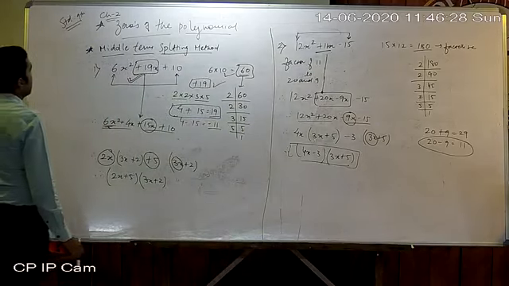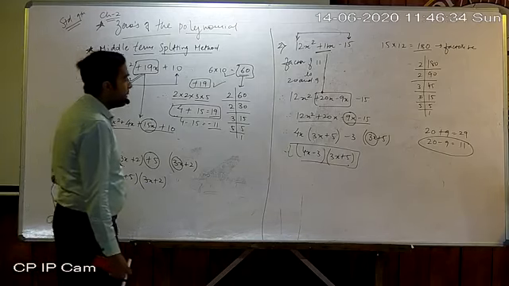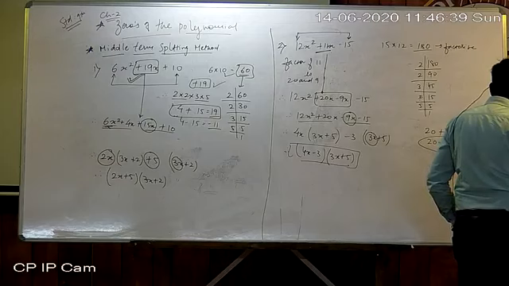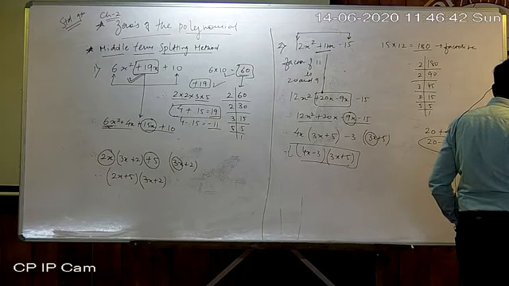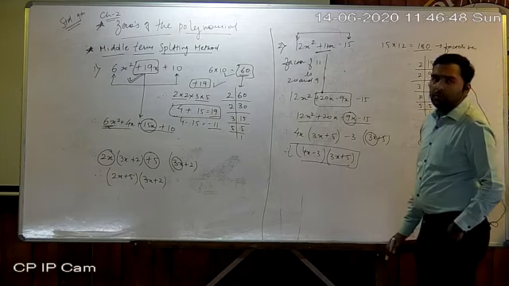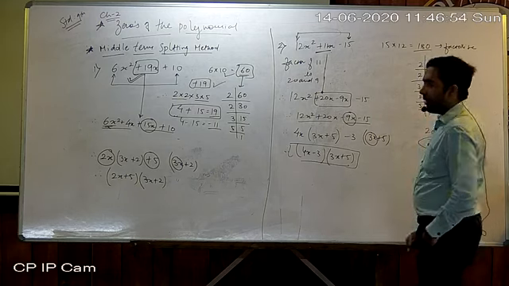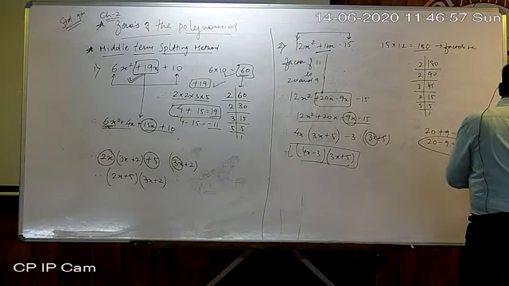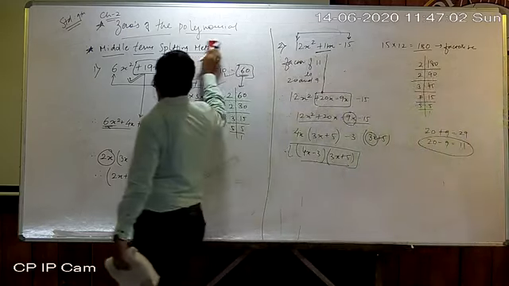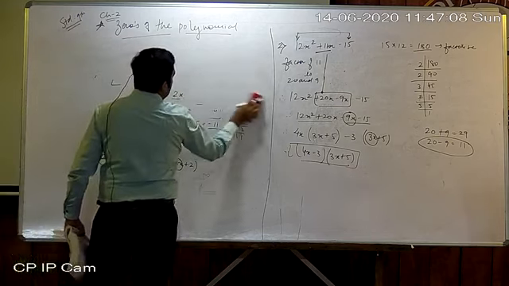I hope the middle term splitting method is clear. Okay? Now we are moving on to the zeros of polynomials for quadratic or biquadratic polynomials, or checking whether a given value of x is a factor or not for cubic or biquadratic ones. So now we are moving on to the next topic.